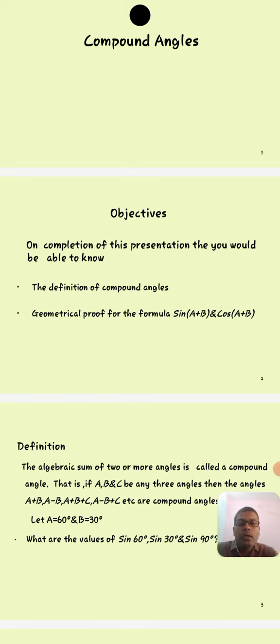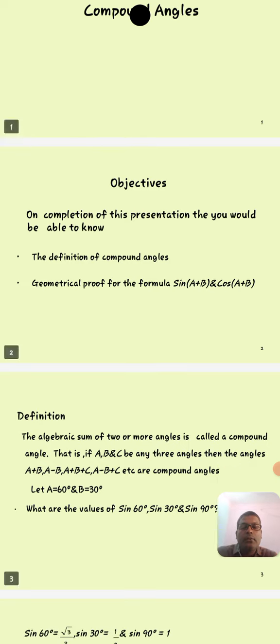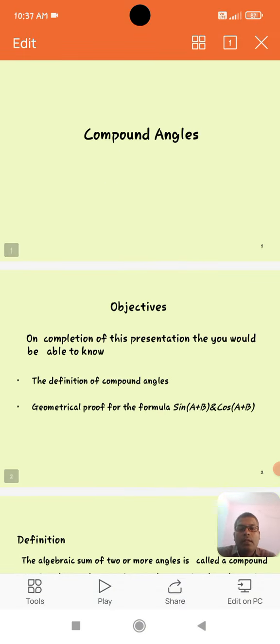In the first coordinate, all trigonometric functions are positive. In the second coordinate, sine and its opposite function, cosec, these two functions are positive. In the third coordinate, tan and its opposite function, cot, are positive, and the remaining functions are negative. In the fourth coordinate, cos and its opposite function, secant, these two functions are positive, and the remaining functions are negative. These topics are all covered at 10th class level.